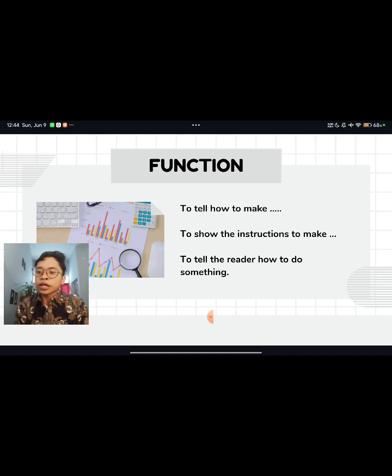And then the last function of the text procedure itself is to tell the reader how to make something. Like I said before, when we want to inform the reader, when we want to tell the reader how to make something, it is a text procedure. It's the function itself. I hope you guys already understand. If you still do not understand, you can chat me,